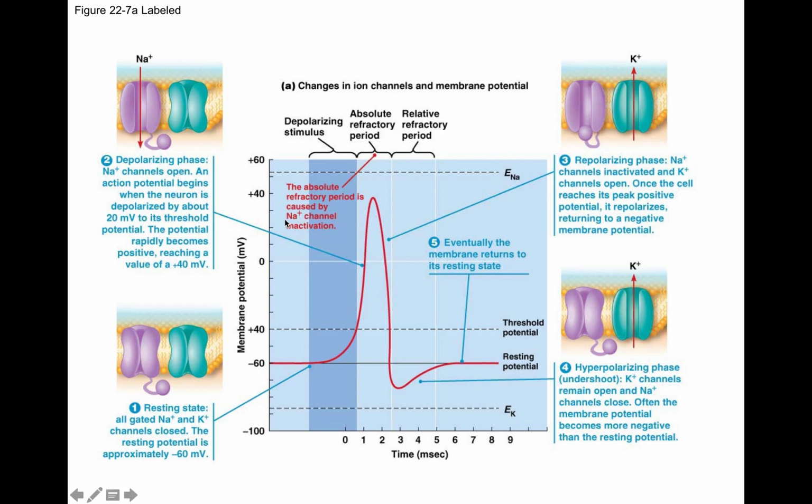Sodium is high outside and low inside, and it's prevented from getting in the cell because normally this channel is closed. Something opened the sodium channel, and now sodium is flooding in. Positively charged ions are flooding in, and so the local membrane potential at that spot goes from negative to positive. At some point, this is called a voltage-gated channel.